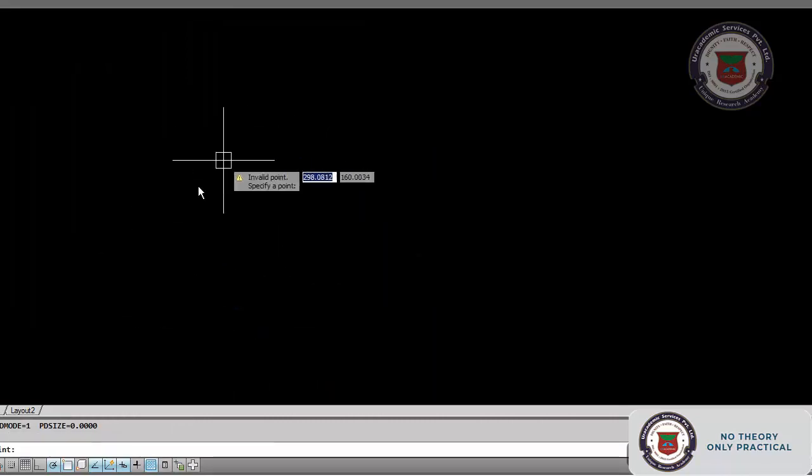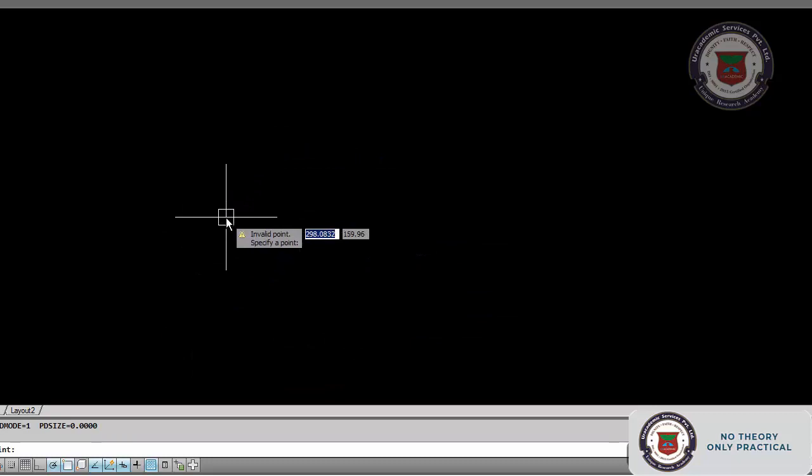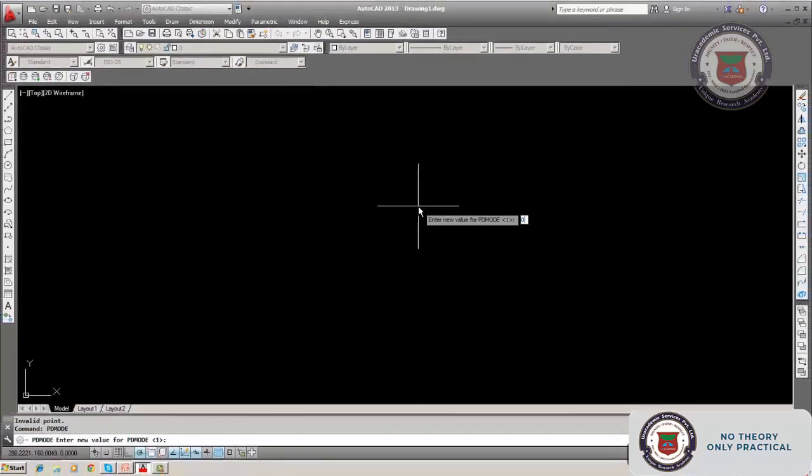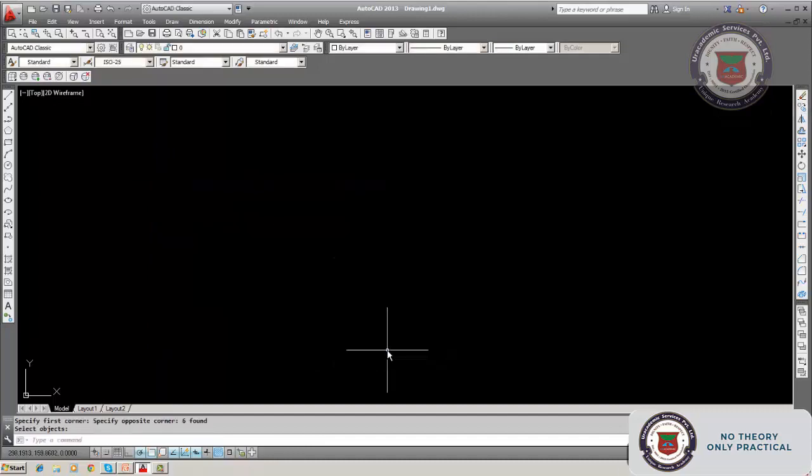But you cannot see anything here. There are points, but you cannot see them. Now to see them, you set PDMODE to 0. See, you can see the points. The points are drawn, but you can't see them in PDMODE 1. But in PDMODE 0, you can see them.